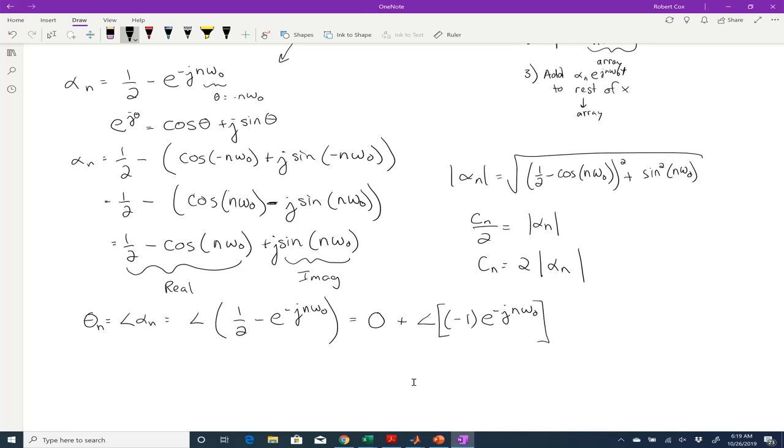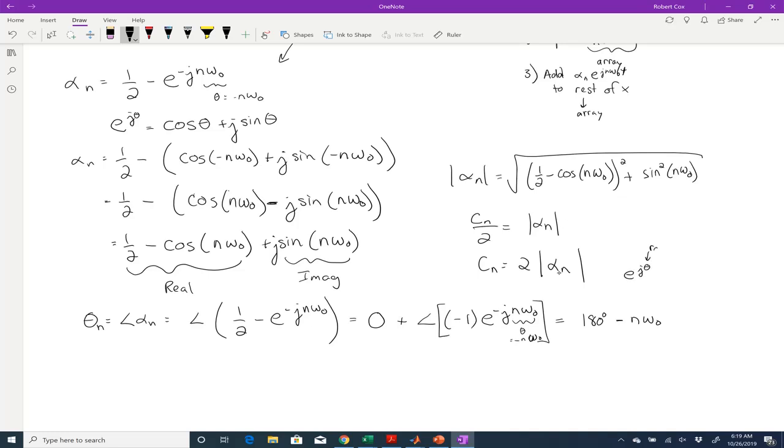Okay? I did it that way on purpose. What's the angle of minus 1? Well, the angle of minus 1 is 180 degrees. And the angle of e to the negative j n omega naught is minus n omega naught. Okay, because remember, this guy up here is theta. So our theta is minus n omega naught, like that. Okay, now one important thing to remember is if I have e to the j theta,